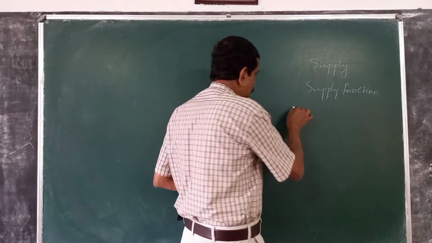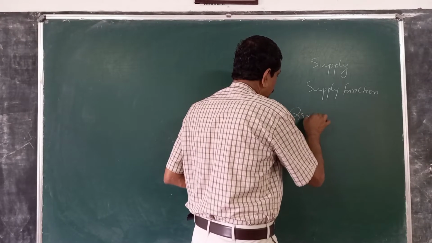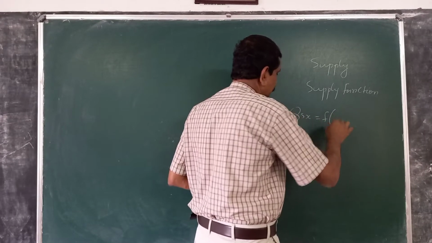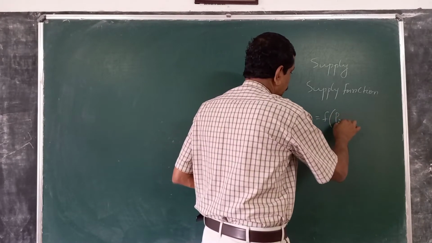So an individual producer's supply function is written as a function of the price of X,